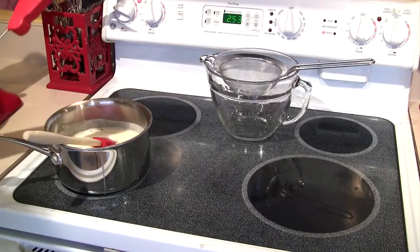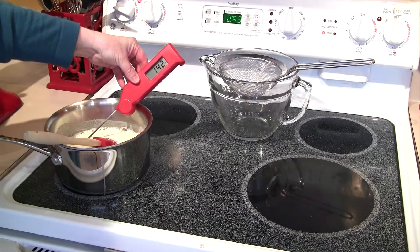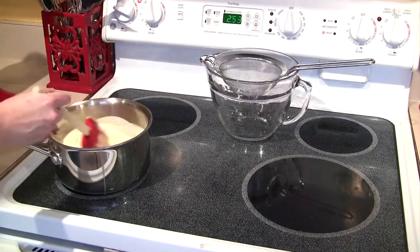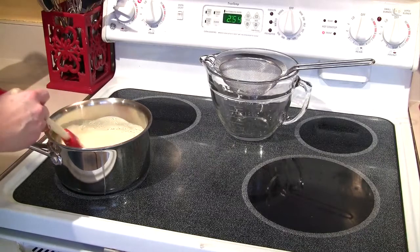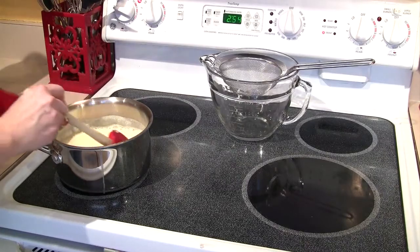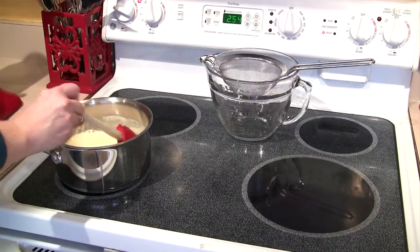So I'd suggest, if you have an instant read thermometer, take its temperature. I'm starting out at about 142 degrees. So this is going to take a few minutes, but we do want to cook this on a low heat. If we were to cook it too fast, then it might curdle, and then we wouldn't be able to make ice cream out of it. So use a low heat, use your heat-resistant spatula, and just stir it around, and then every now and then